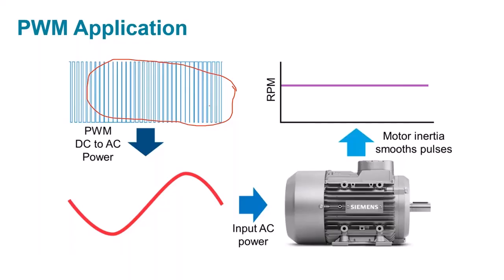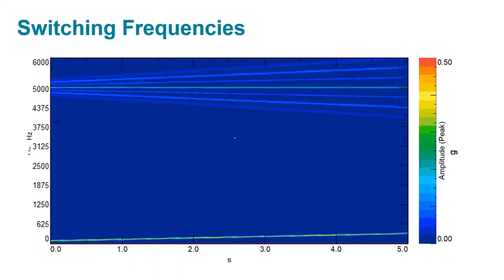Yeah, so we have the carrier frequency. In that case, it was 2000 hertz. And with a square wave, you're going to have harmonics of that. Yeah, sometimes these things show up in our noise and vibration data. In fact, that PWM signal from the power electronics can often have the highest noise or vibration level.